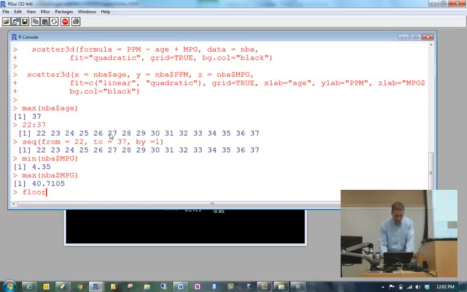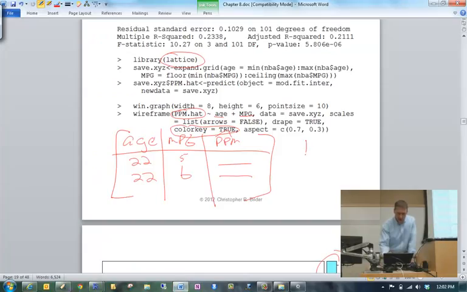If I did floor of 4.35, does anyone know what the mathematical floor function is going to do here? It's not rounding. So, maybe some of you have seen this in a math class before. If I do this, this is the actual symbol that's typically used. Does anyone know what that means? 4. So in other words, it just chops off the stuff after the decimal point. Alternatively, what I could do if I did 4.35, sorry, I drew that wrong.